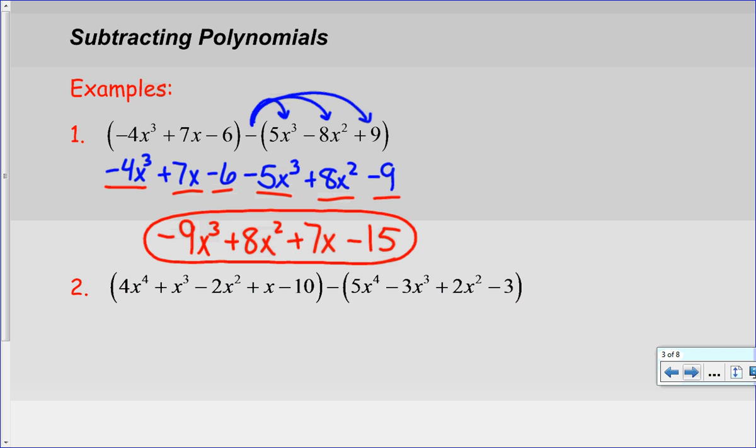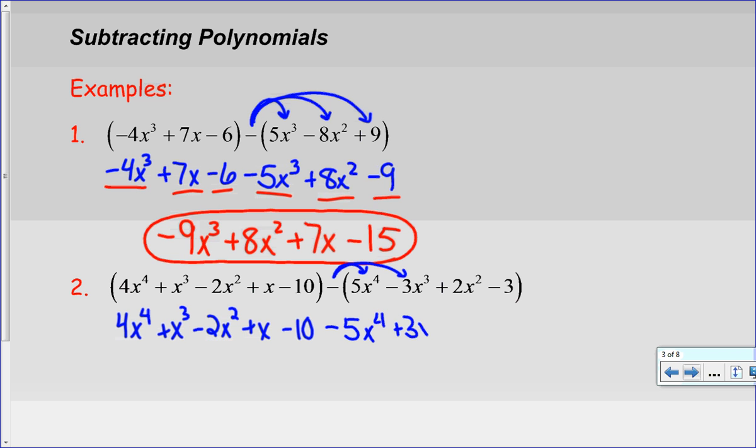Again, my answer is written in descending order because I worked from highest degree terms, x cubed, down to my lowest degree terms, which were degrees that were 0. We'll do this process one more time with the second example. Again, I'll carry down my first polynomial and simply rewrite it. But then I must write the opposite of the second polynomial by distributing that negative sign, -5x to the fourth